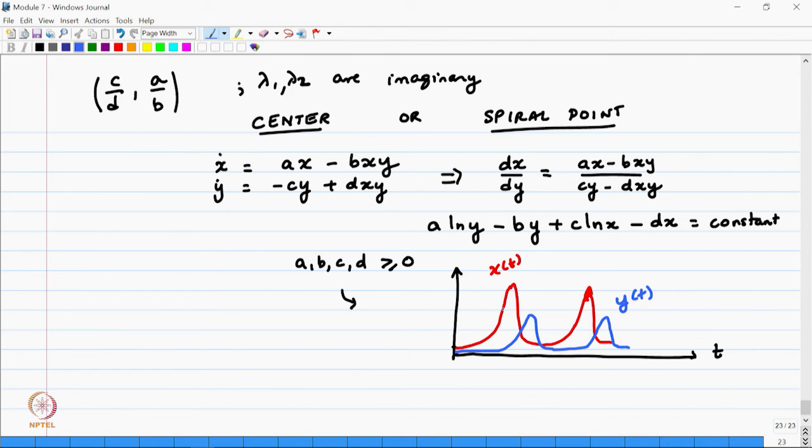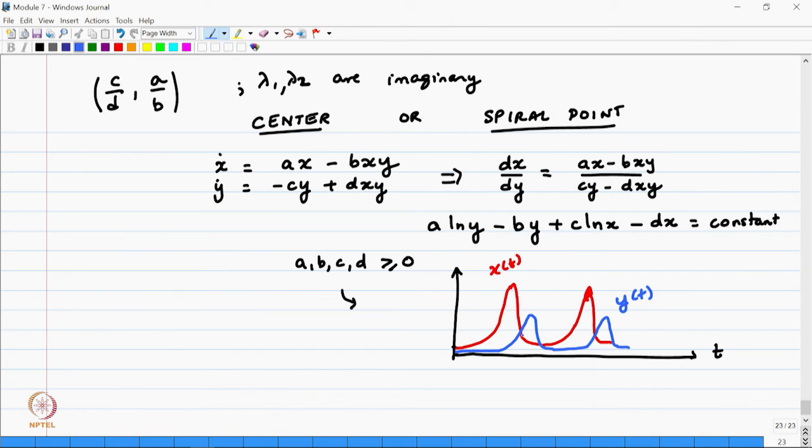But now as x goes down, the d term is also going down. So at one point after that, the population of y starts decreasing, because d becomes smaller. Now y goes down, it keeps going down, because x is also going down, y is also going down in this range, and then